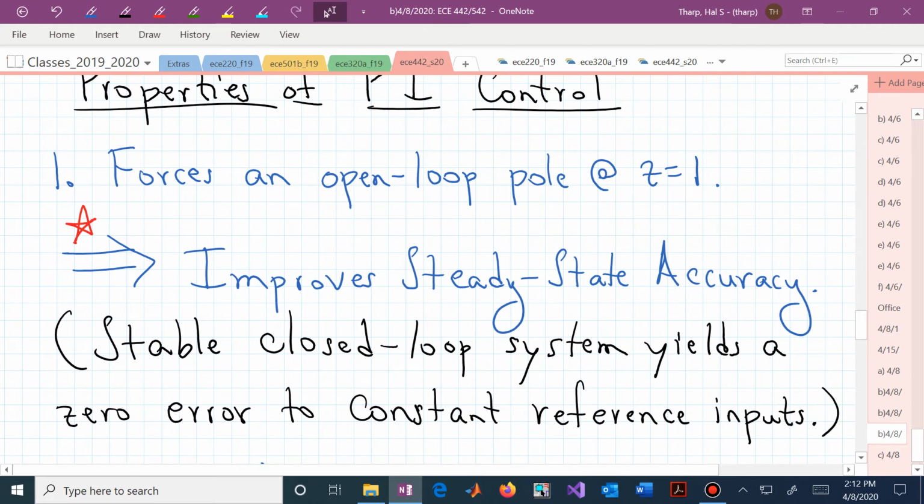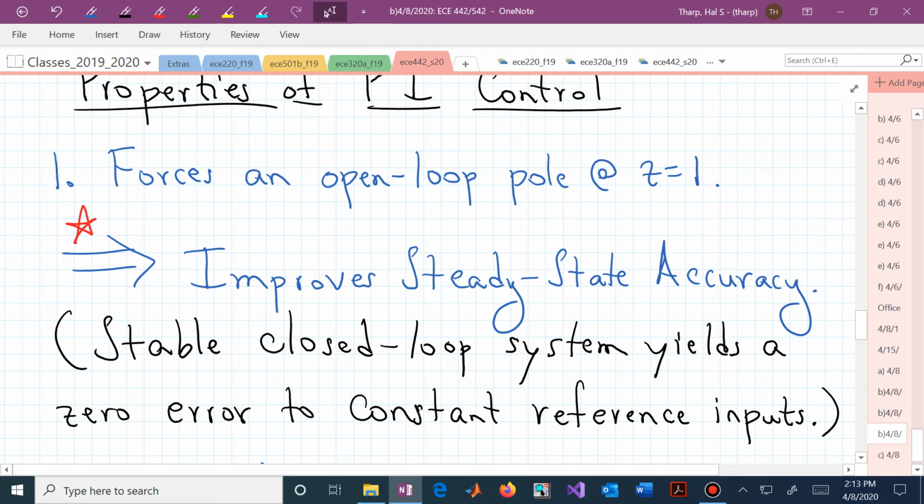So, even with that pole there on the unit circle, if you can now have your closed loop system being stable, then having that pole at z equal to 1 improves your steady state accuracy, or it allows you to actually track constant inputs. Meaning, if you can stabilize the closed loop system and you have a PI controller, now if somebody injects a 3 into your system for the reference signal, your output is going to track that 3 after the transients have